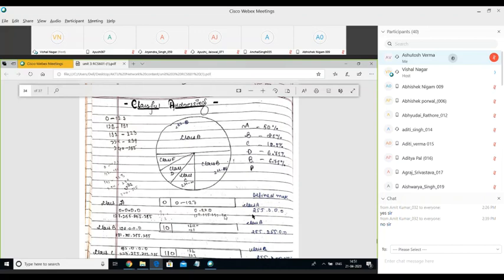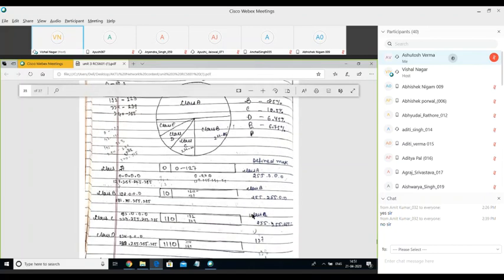Now we'll move on to the second category of IP addresses, called class B, which starts immediately after the class A addresses. Here we are ending in class A at 127.255.255.255, and immediately after this we have the next category, starting at 128.0.0.0.